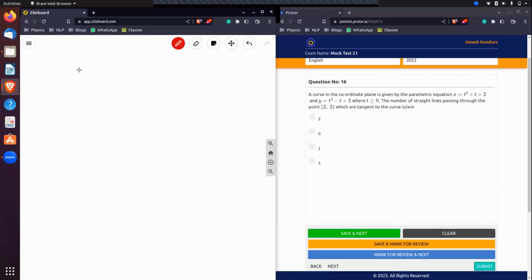Okay, so we're given a curve that has been parameterized by this parameter t. Where t is basically running over all real numbers, the collection of all these points forms a curve. And we want to find the number of straight lines passing through the point 2, 2, which are tangent to the curve. Okay. So if I want to figure out a general tangent to this curve, one thing that you can do is find the curve in terms of x and y. So I think it's going to be a parabola